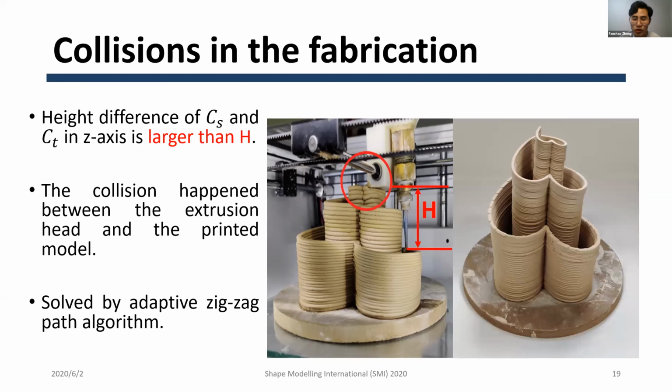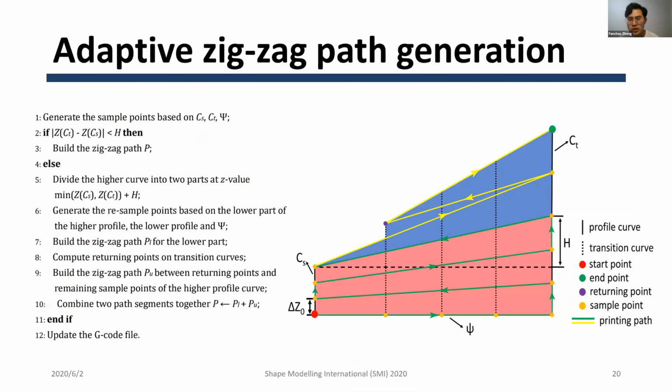Therefore, we improve the path generation algorithm and call it adaptive zigzag path algorithm. The image on the right shows the printed model by the path generated using the new algorithm. We divide the model into 2 parts. They are shown in blue and red. For the red part, we use the sampling method mentioned before and generate zigzag tour path, shown as the green